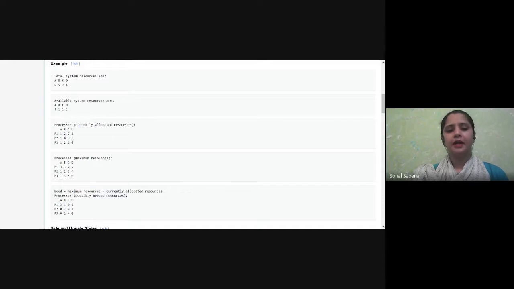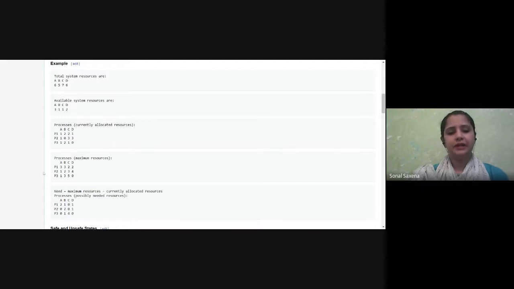What is happening here? In P2, we are assuming that the total number of instances of A resource is 1. For B resource, it doesn't require anything; there is a 0 allocation. And for C and D, it has got 3 resources each. Similarly, for P3, there is 1 instance of A, then 2 instances of B, 1 instance of C, and no instance allocated of D, right? So this is the current situation of your processes, the current allocation that they are holding. P1, P2, P3 are holding this much of resources of different resource types like A, B, C and D.